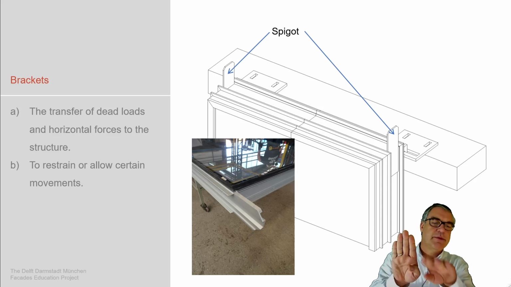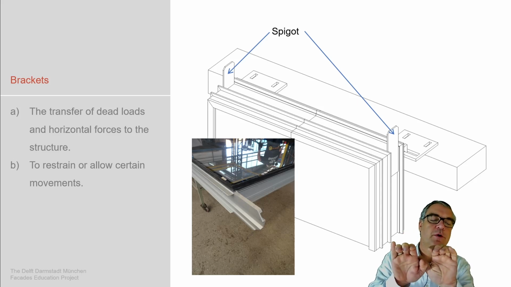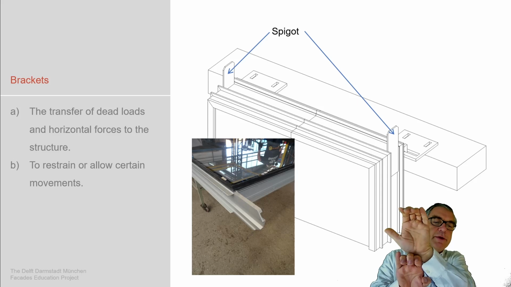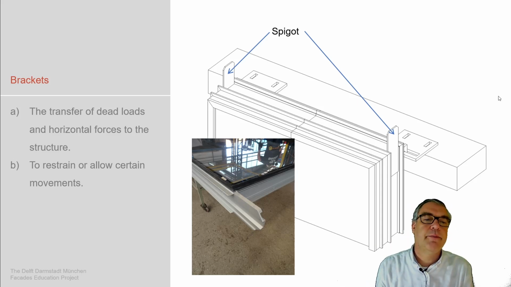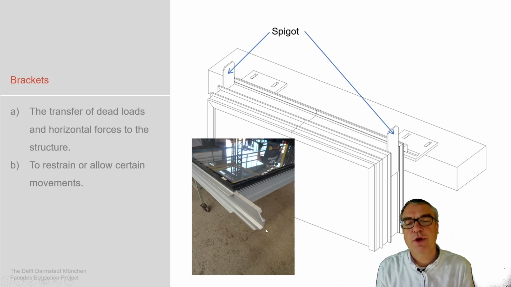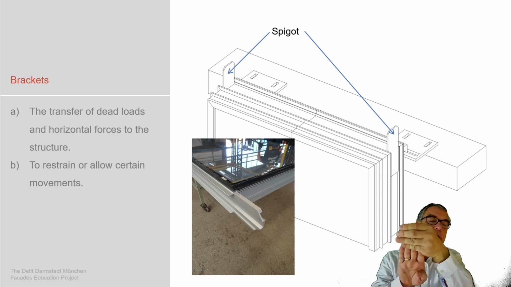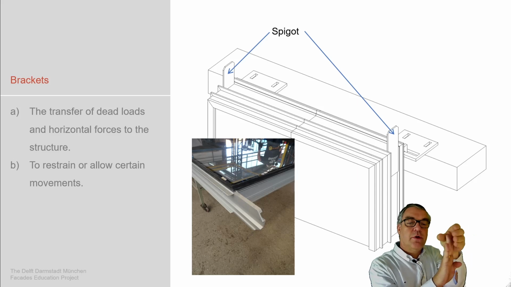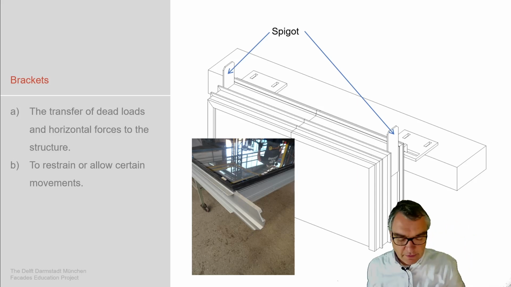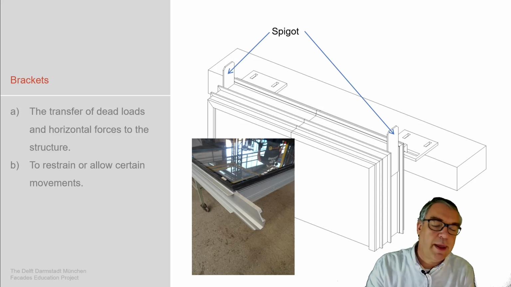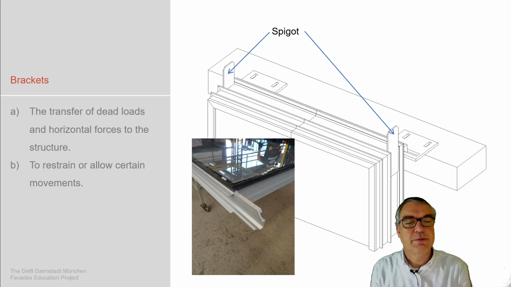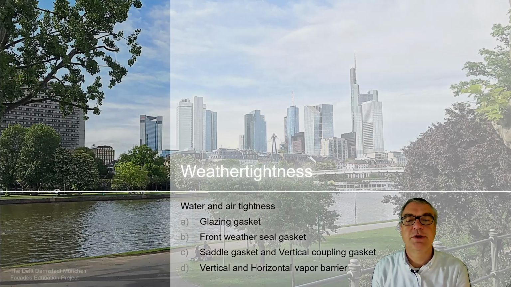So we have this one unitized facade, we have the next one, they're hooked on top of a floor slab, and then the next one has to stay on top of it. And the alternative in having a movable bracket at this position is to have these spigots. Spigots are actually this type of aluminum profiles which allow that you have the one profile and the other one adjusted on top, which takes all the horizontal forces, but still allows a vertical movement by tolerance or movement of the building as a system. Different way of creating this connection between the different units on top of each other.